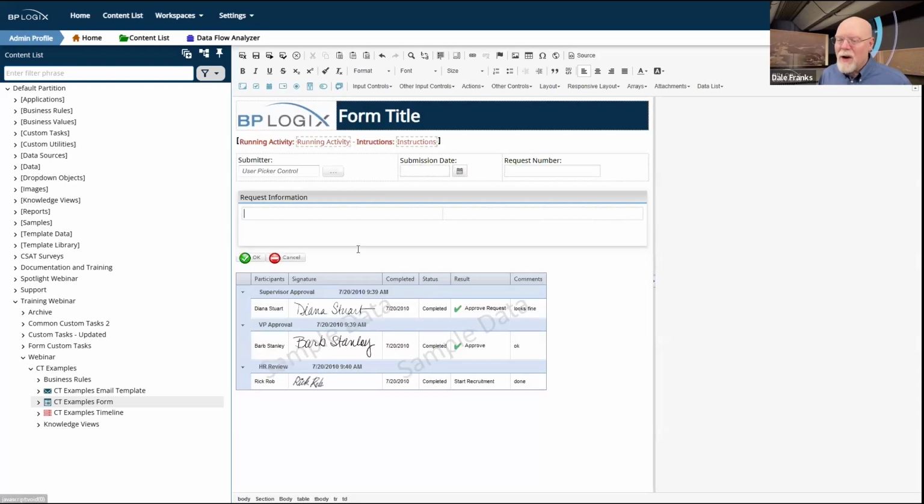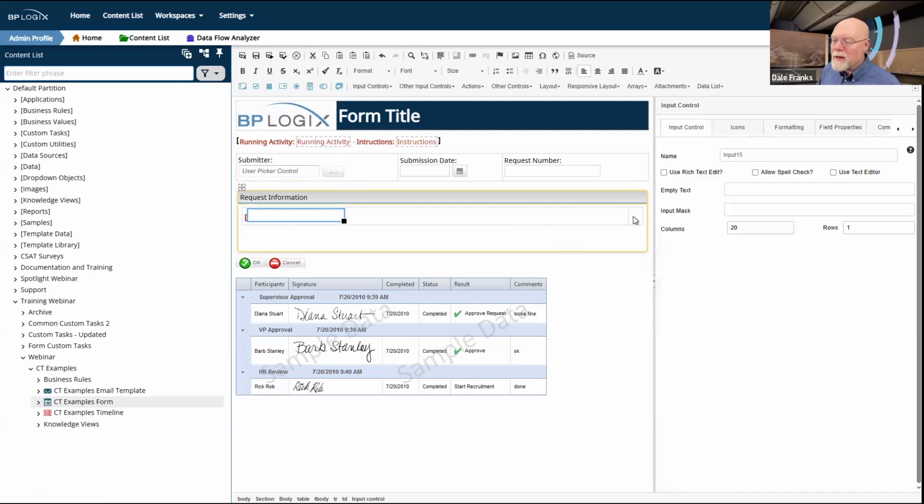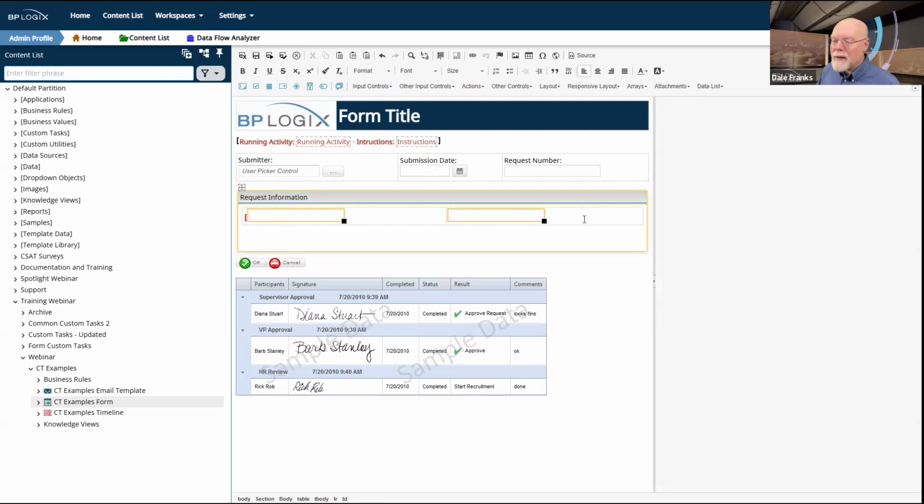Let's not make this any harder than it has to be. And let's throw an array in here. So we'll go to arrays and we'll drop in an array start control, and then we'll drop in a text box. We'll go into the second column, drop in another text box, and then drop an array end control.